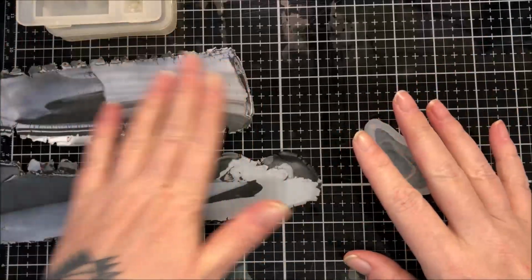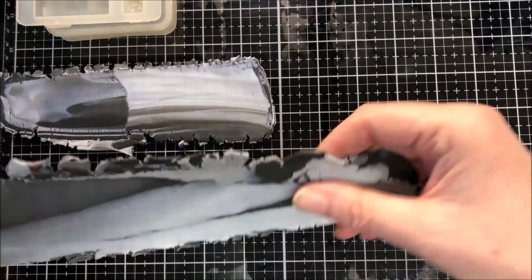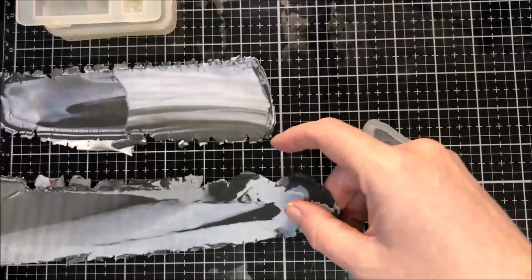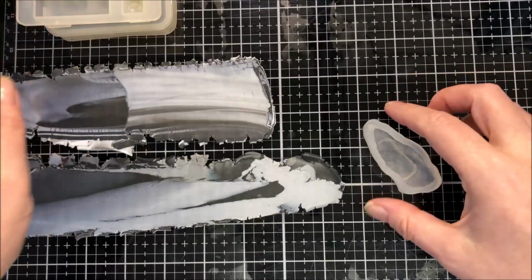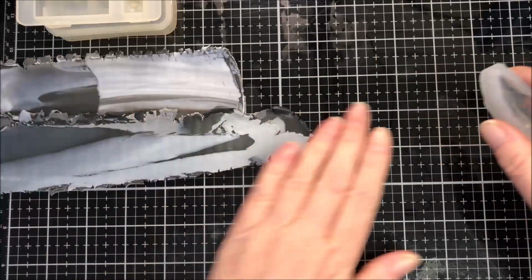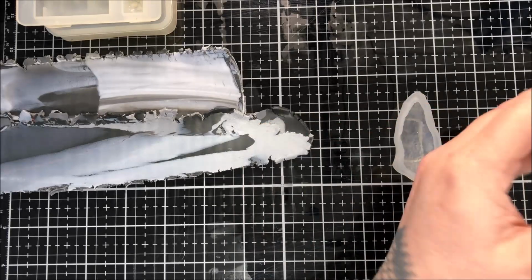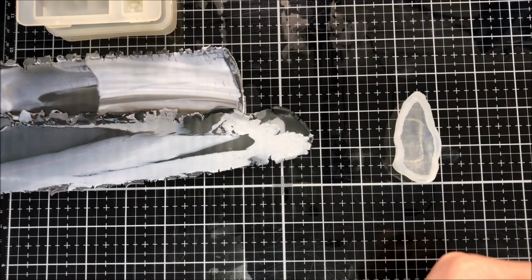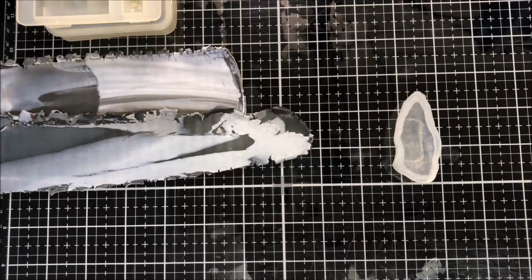Okay guys, I've just put them through a couple of passes just to merge the colours a little bit. Of course, because we're stuffing them in a mould, they're just going to come out as they come out, like funky beads. First I'm just going to do this rock with some of this concrete colour. I forgot to warm this up a bit, so I'll just hold it in my hand a second,